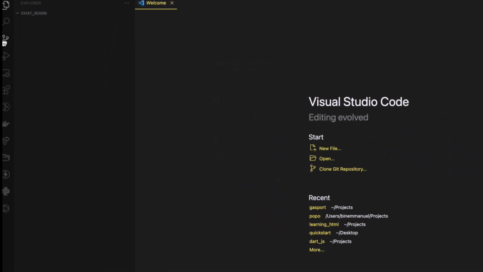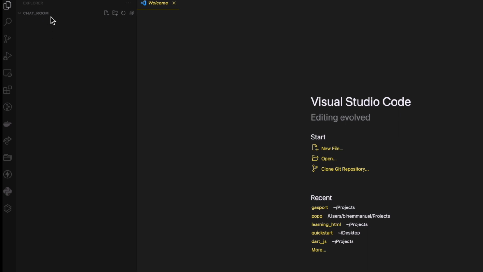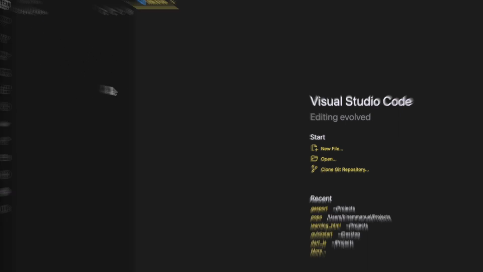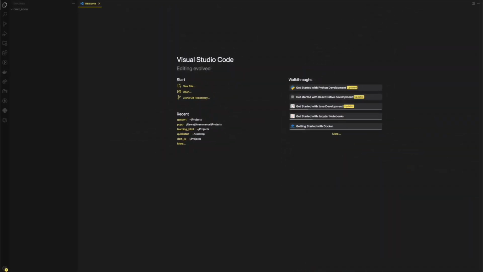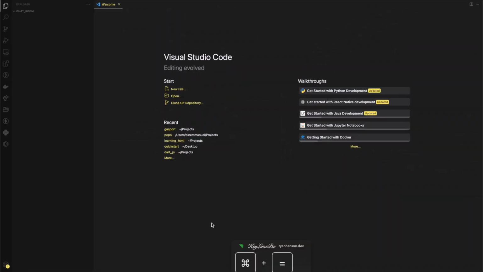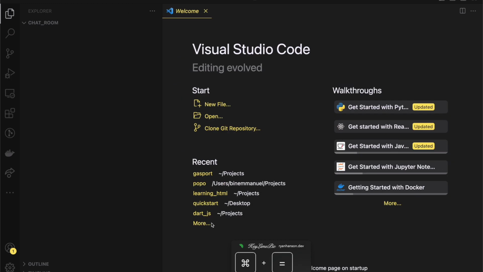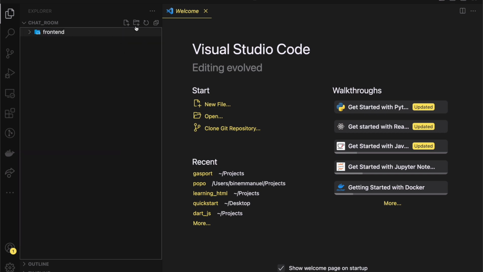And you can see that it's a completely empty project. It's new. I just created it right now. It has nothing in it. Let me zoom in my screen a little bit so that you can see my screen clearly. Then the next thing I will do is create two folders. The first one is going to be the front end of the application, and the front end application is going to be our Flutter application, and then there's going to be a back end application.